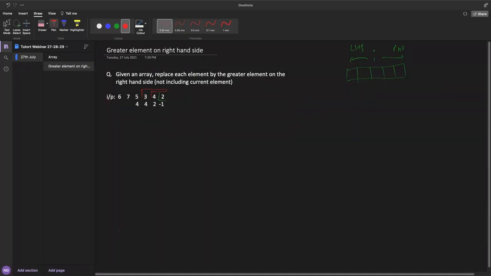Similarly, for 7, the elements on the right hand side are 5, 4, 3, 2, so the greatest is 5. Then for 6, the elements on the right hand side are 7, 5, 3, 4, 2, so the greater element is 7. So given an array, you have to replace every element by the greatest element on the right hand side. Okay, this is the problem statement.